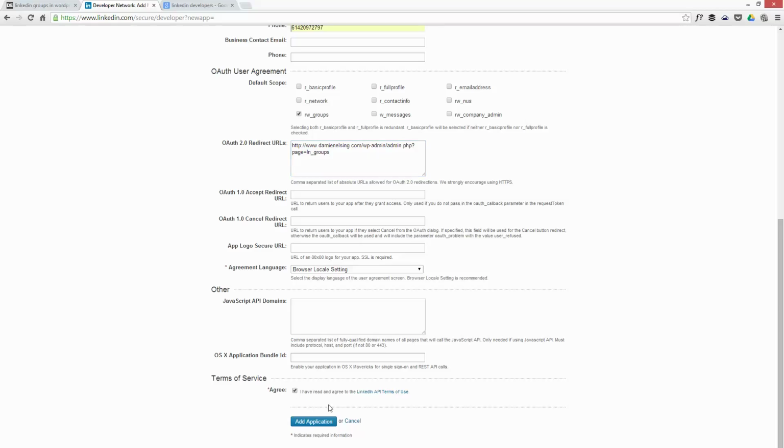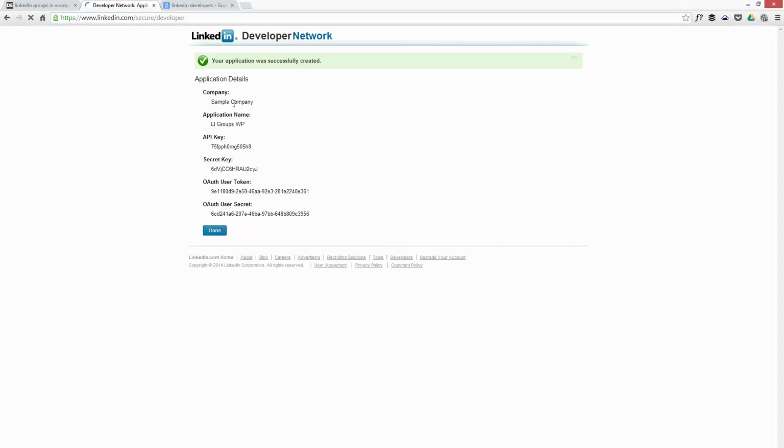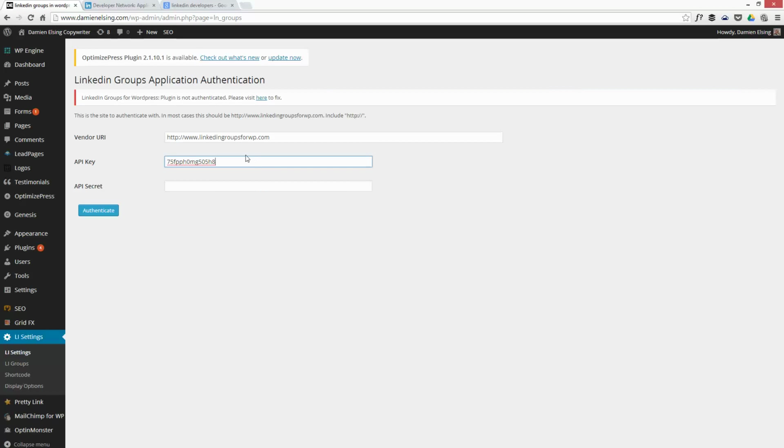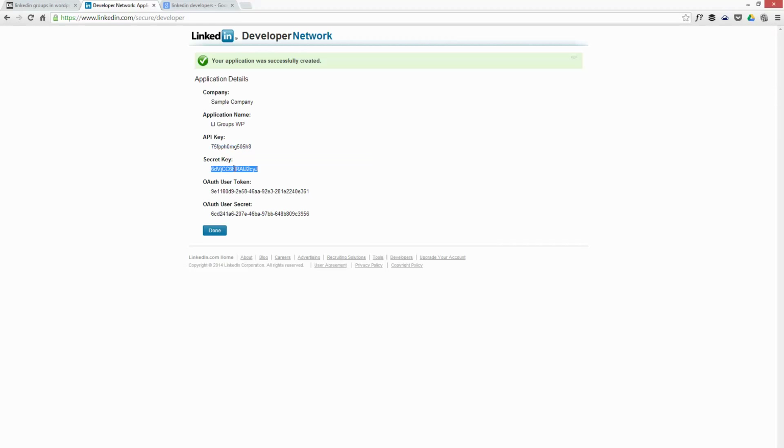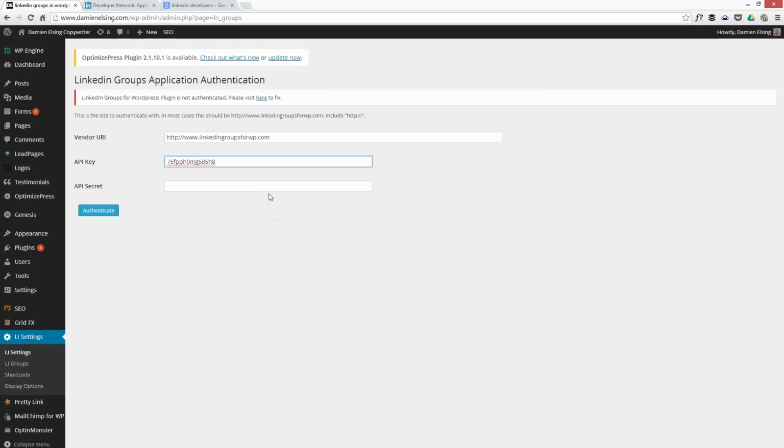Agree to the terms of service, click on Add Application, and it then gives you this information. So all you need from here is API key and API secret key. Copy and paste that information into the page that's waiting for us. Click Authenticate,